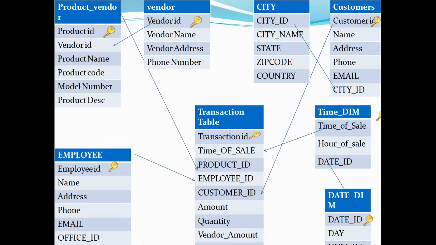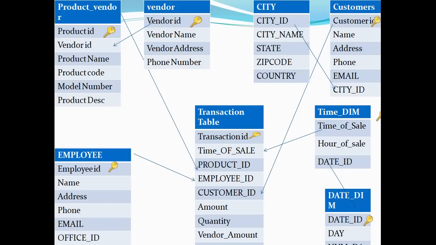Similarly for city, as we saw for customers, as I told you, there is a possibility that for each city I may have 50,000 customers and their city ID, city name, zip code and country will be the same. So once we normalize it, it's going to reduce the data it was taking, and we will see how.